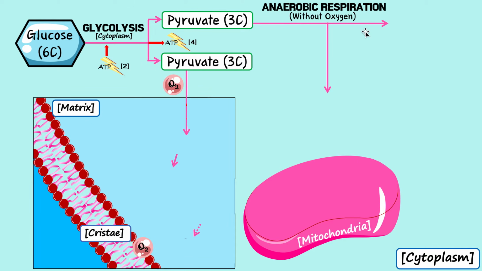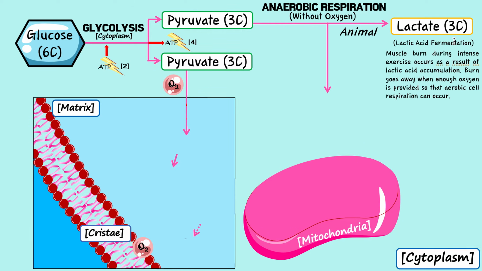So what can happen is 2 things. If you are an animal, a human like us, say you're low on oxygen and you're still continuing this exercise, your pyruvate is going to be converted into lactate. Lactate is another 3-carbon molecule that's been modified a little bit. You don't need to worry about exactly what happens. Just know this pyruvate gets turned into lactate. This is the same as lactic acid, so that's another name, lactic acid. We call this lactic acid fermentation. This is what happens when you're exercising for a long time and your muscle starts burning. This burning feeling is this lactate building up inside your body, this acid building up inside your body, and it causes cramping and all that sort of stuff, right?